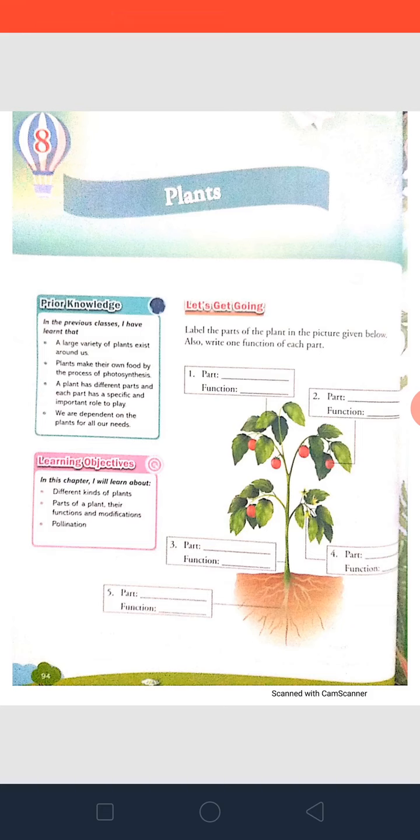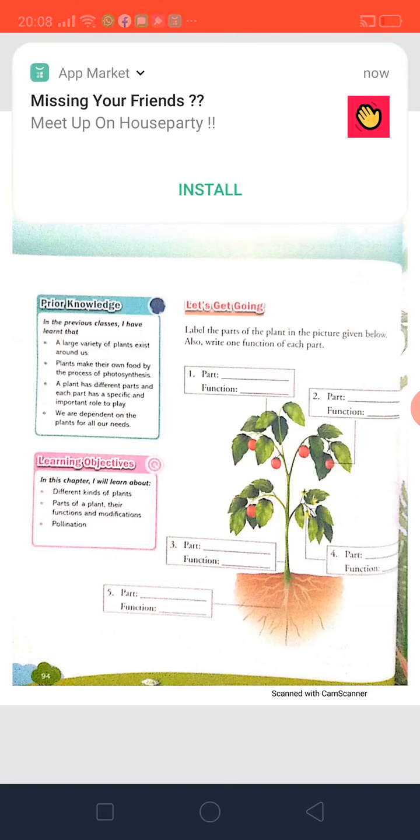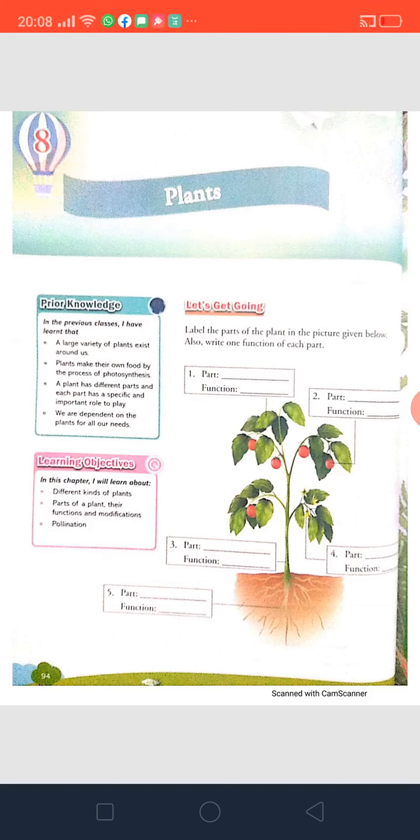In the video, you have to take a plant into your hand and you have to show me each and every part of the plant, and you have to tell, ma'am, this is the part which remains under the ground. It is non-green in color. It is known as root. Then you have to tell me the function of root. In the same way, then you have to show me stem and tell me its function. Then flower, fruit, leaves, all the parts you have to show to me.